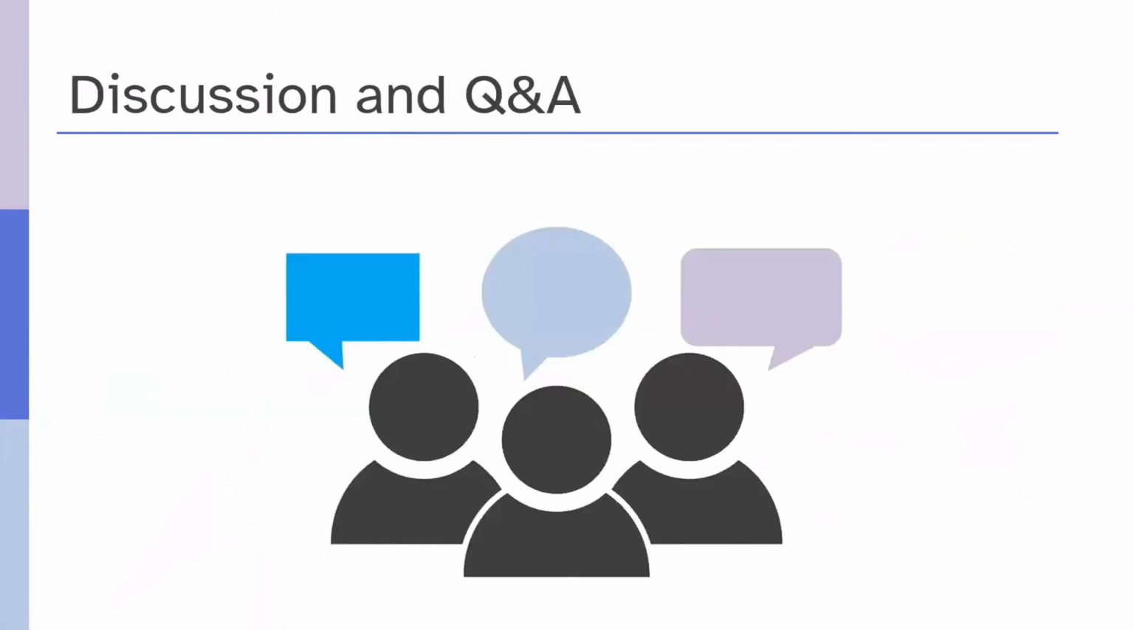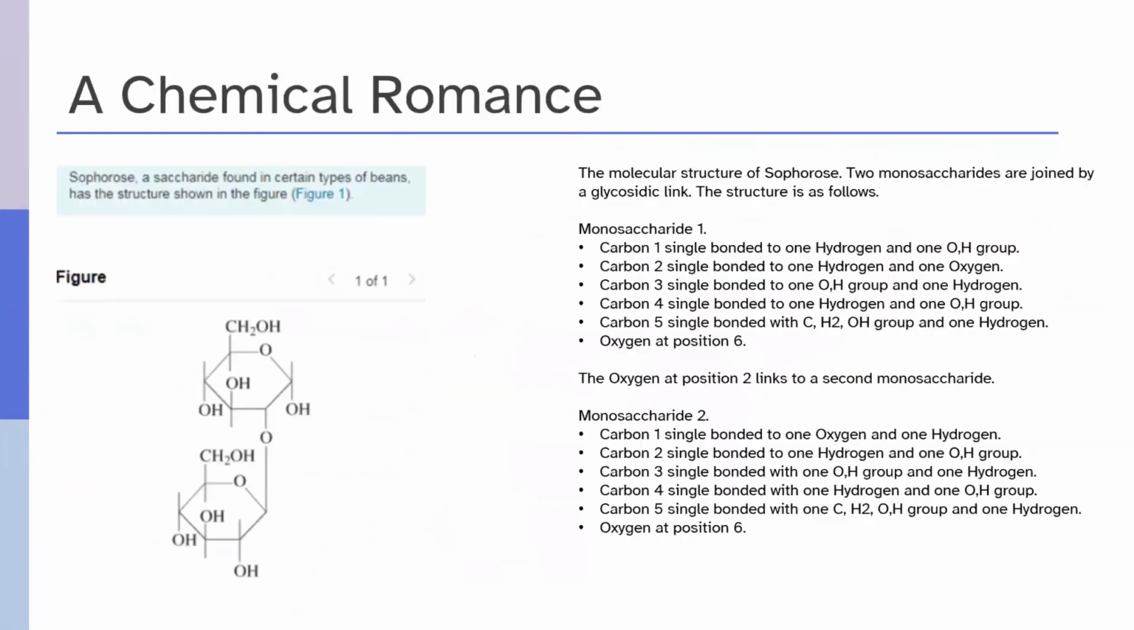Well, we do have some questions. Let's see how many we can fit in before we wrap up at the top of the hour. So the first, Hugh, would you be able to go back to the chemical romance slide? And on this slide, some commas were included in the suggested text. I see here on the first bullet point, you've got carbon 1 single bonded to 1 hydrogen and 1 OH group. So the question